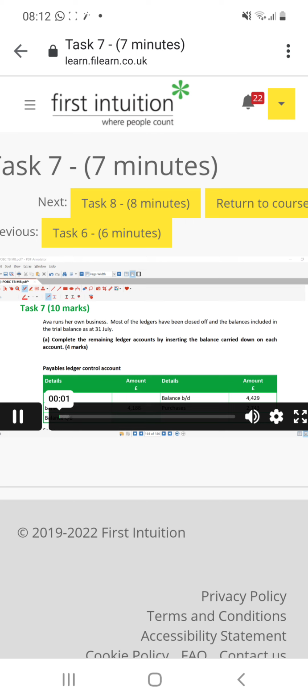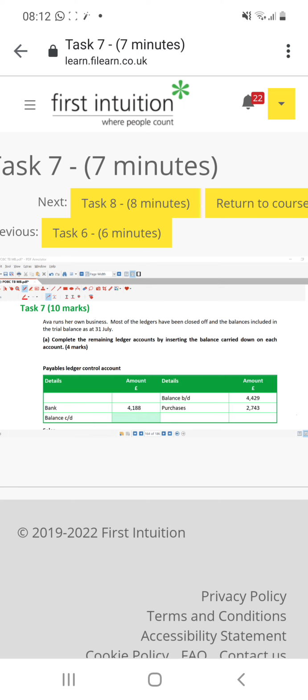So in our penultimate task, task 7, which is for 10 marks, Ava runs her own business. Most of the ledgers have been closed off and the balance is included in the trial balance for the 31st of July. What they want us to do here is to complete the remaining ledger accounts by inserting and calculating the balance carried down. So quite a straightforward task, this one, as we can clearly see here that for our payables